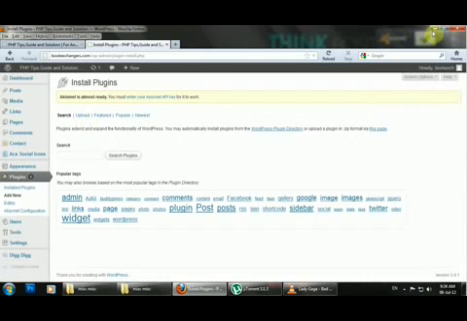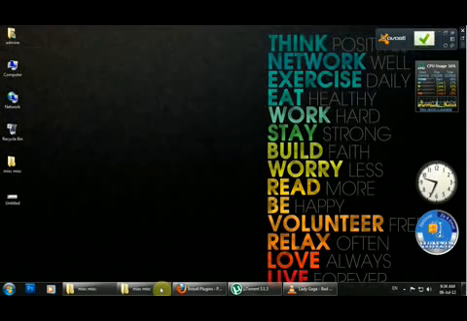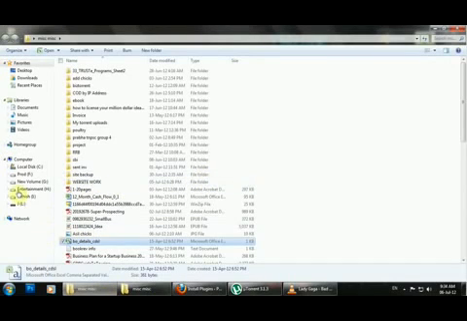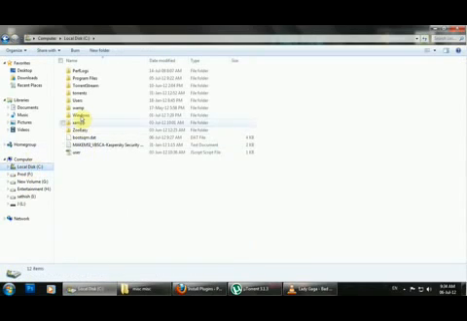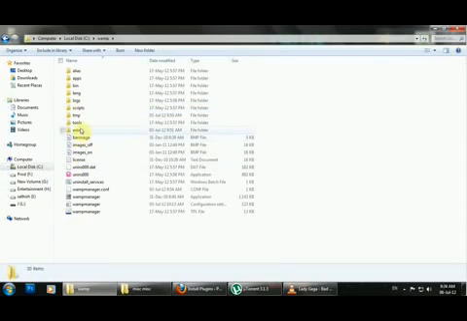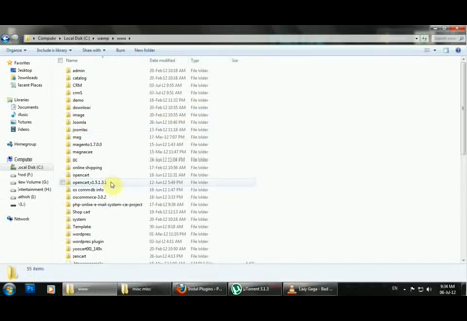I already downloaded the plugin called, just a second, I will show you that. C colon, wamp, download, templates.